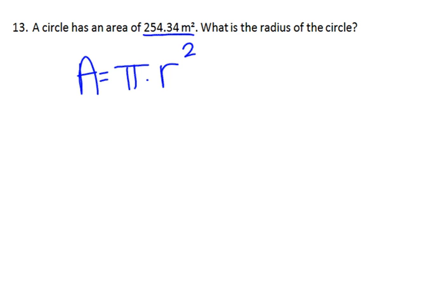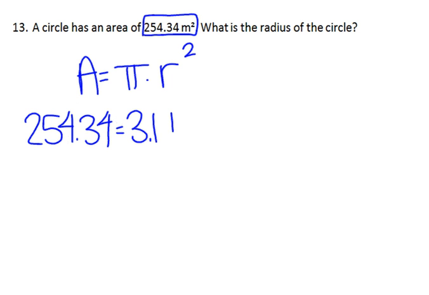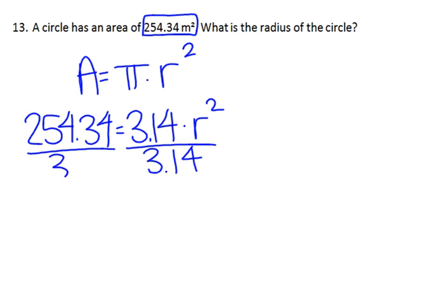So the total area is 254.34. The value for pi is 3.14. And I don't know what the radius is yet, so I'm going to multiply by radius squared. Then I'm going to divide by pi on each side, so divide by 3.14. So I'm going to set up the division box,